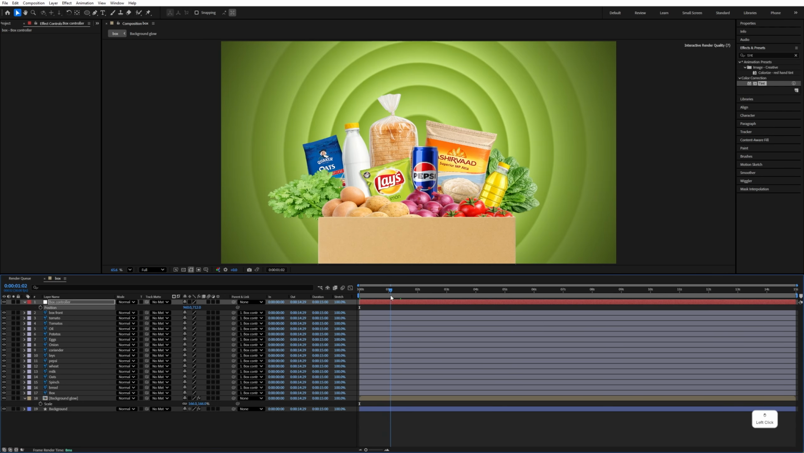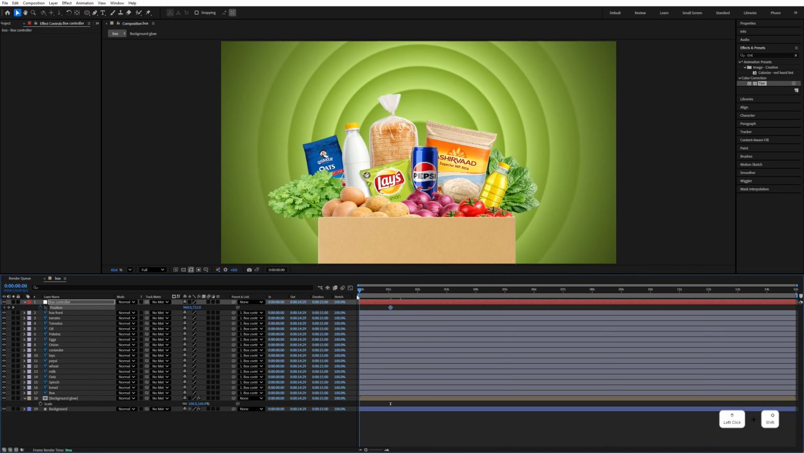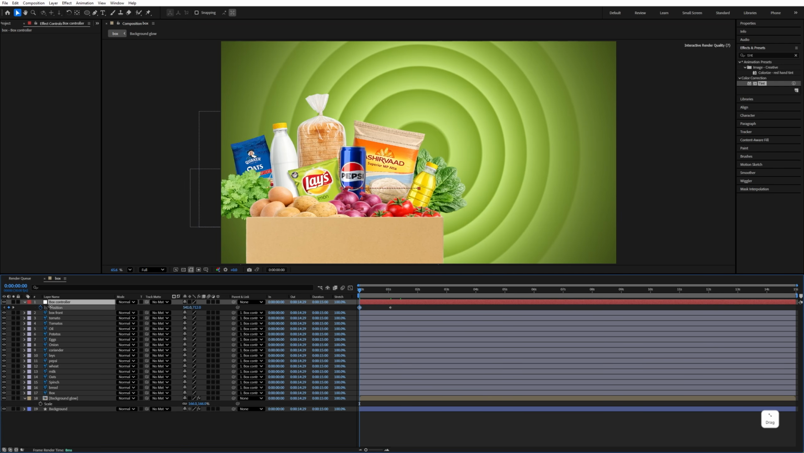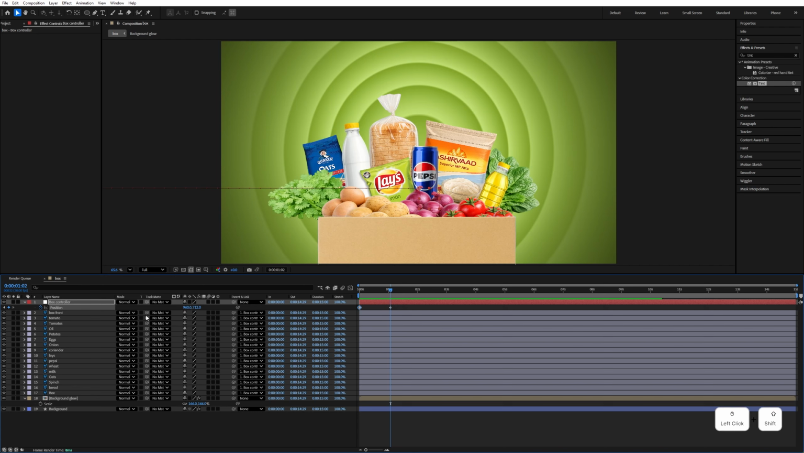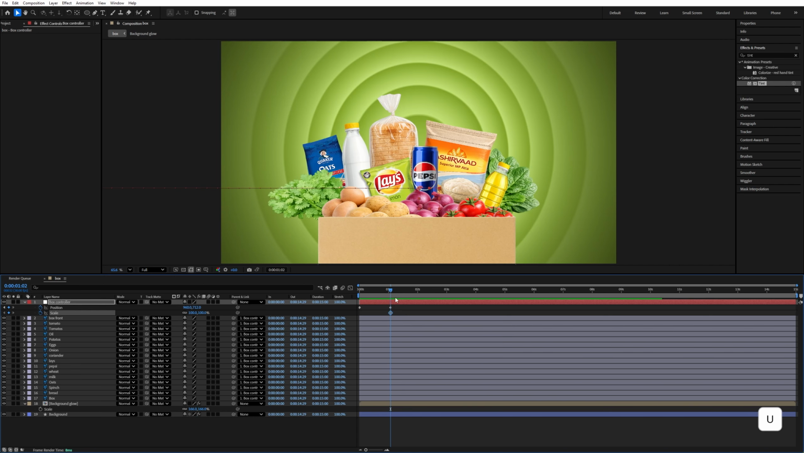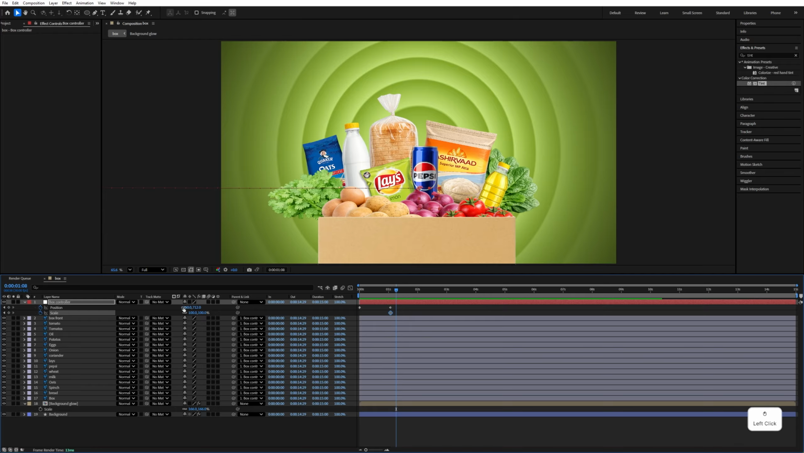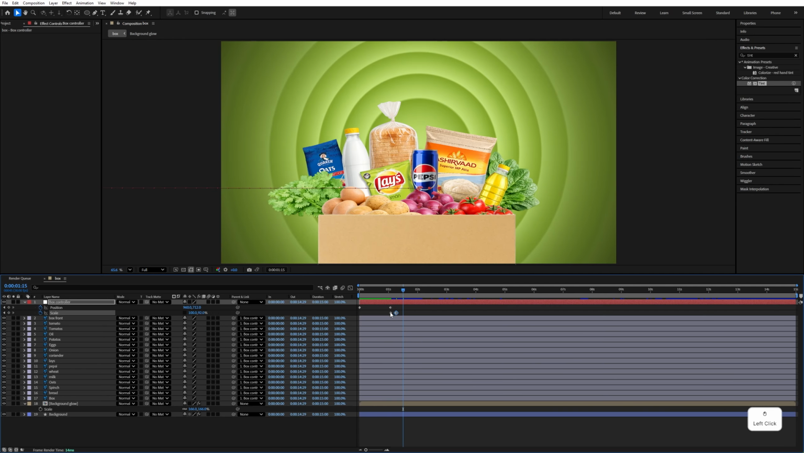Now go to 1 second, add the position keyframe and go to the beginning and move this to the left side. At 1 second press S, add the scale keyframe and press U to see all of these keyframes. Go a few seconds forward, unlink the scale proportion and decrease the scale size a little bit like this, 92%. And go again a few seconds forward and select this scale keyframe, Ctrl C to copy here and